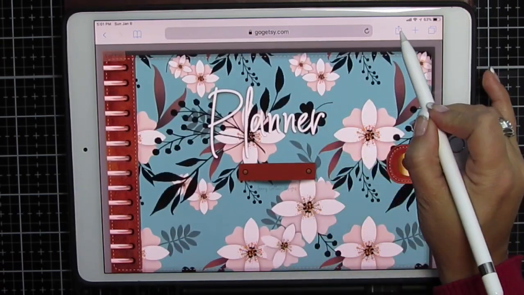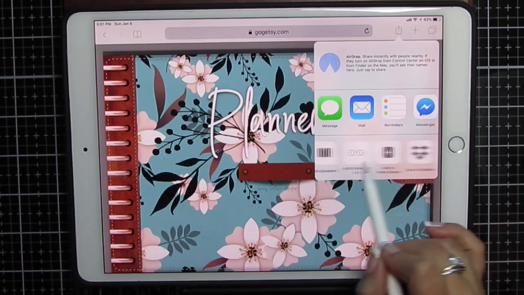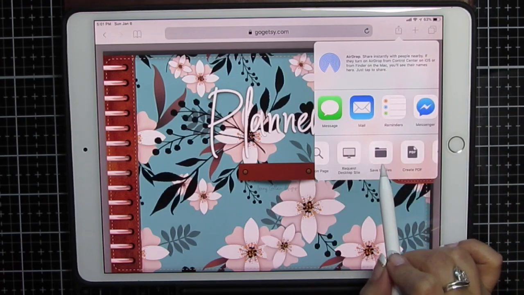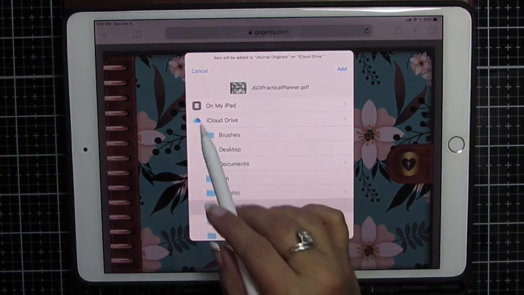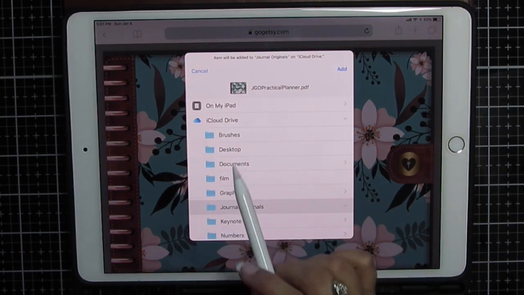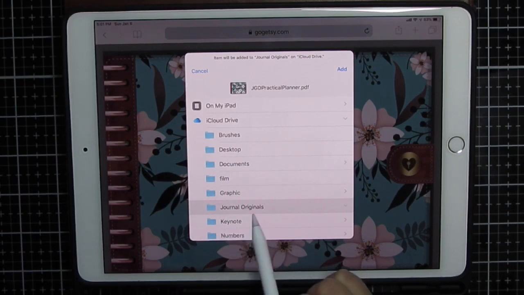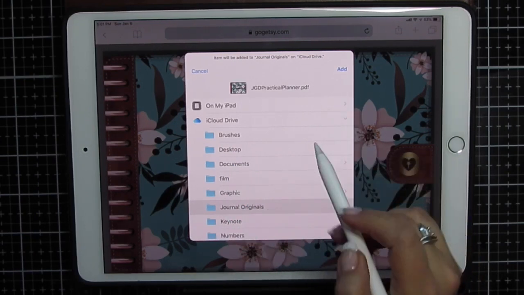Once I have it, I'm going to click the square with the up arrow, and I'm going to save my journal so that I have a permanent clean copy. I'm going to save it. Now I happen to have a folder in my cloud called Journal Originals, and when I click add, it saves